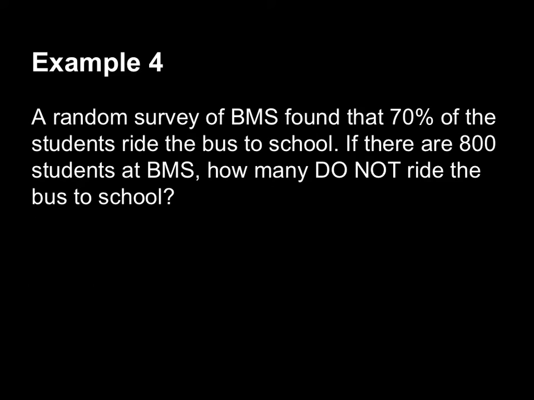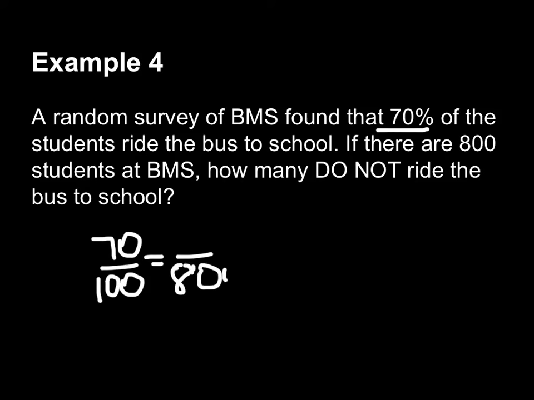And for our fourth example, a random survey of Bravo Middle School students found that 70% of the students ride the bus to school. If there are 800 students at Bravo Middle School, how many do not ride the bus to school? So we'll do this the other way I was talking about. If we know that 70%, remember percents are always out of 100, 70% ride the bus to school, and there are 800 students at Bravo, we can multiply by 8 on the bottom and the top,